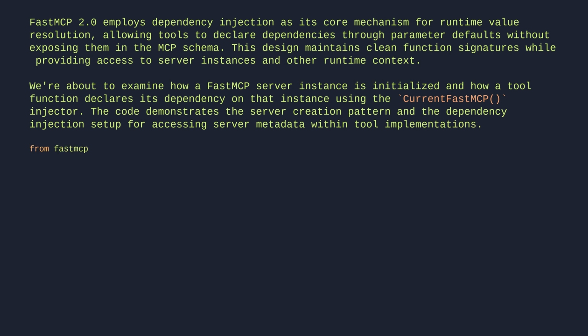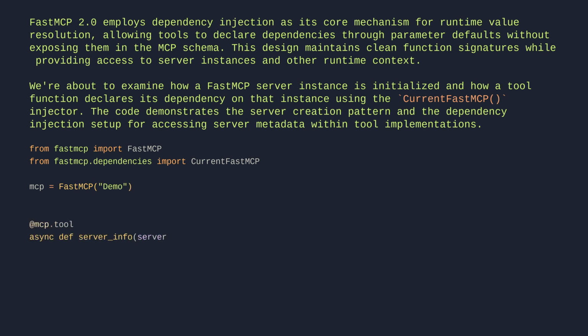From fastmcp import FastMCP. From fastmcp.dependencies import CurrentFastMCP. mcp = FastMCP("demo"). @mcp.tool async def server_info(server: FastMCP = CurrentFastMCP()): return f"Server: {server.name}"